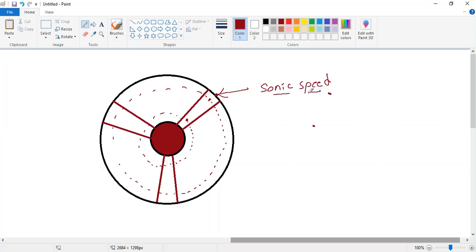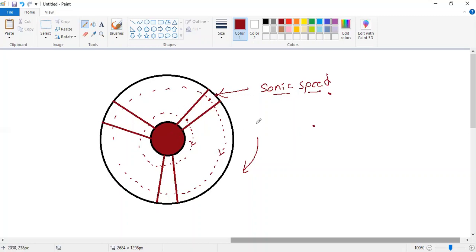Understand what is the problem with the propeller? When the propeller is rotating, I'm saying that the propeller is rotating in this direction. So when the propeller is rotating, the entire blade is rotating, right? We are looking from the front. So when you're looking from the front, the particles which are present over here, or the part of the propeller which is present over here, is just rotating this circumference. Whereas the part which is at the tip has to rotate a larger circumference, but in the same amount of time, right? It will not happen that this part of the blade is rotating first and then this is rotating. Both of them will rotate at the same time.